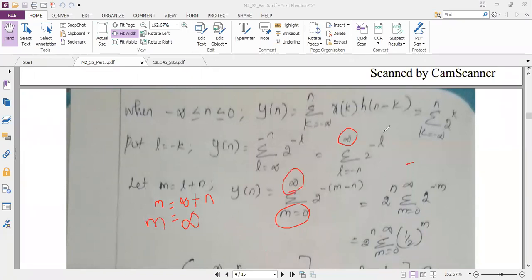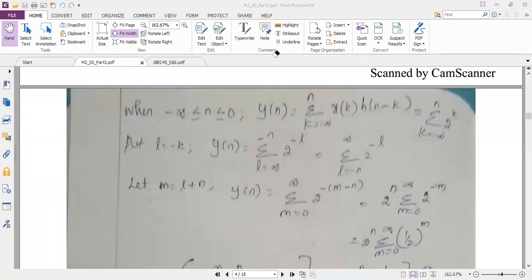Now one more replacement I have to do. I have L here. If I rewrite for L, I will get m minus n. So in place of L, I am substituting m minus n. There is a minus sign outside the bracket because we have one minus sign here. Now that we have done this, I have got the perfect standard format: lower limit is 0, upper limit is infinity.